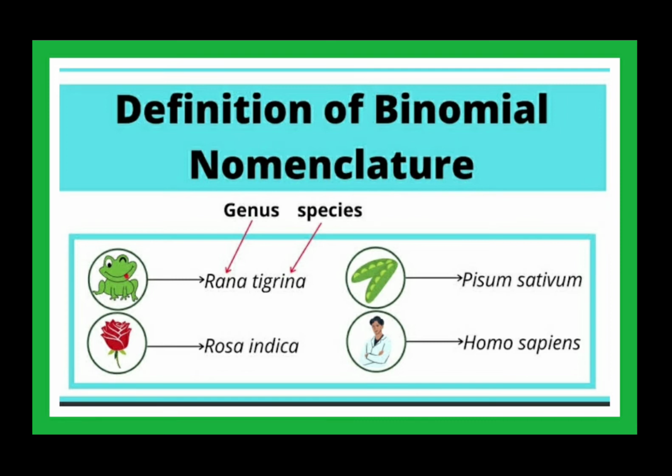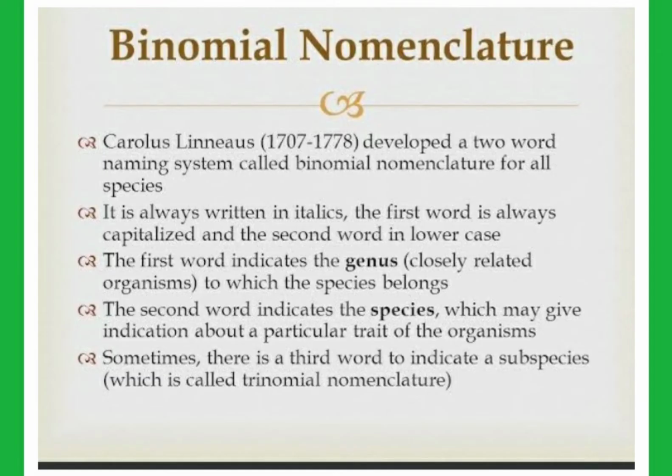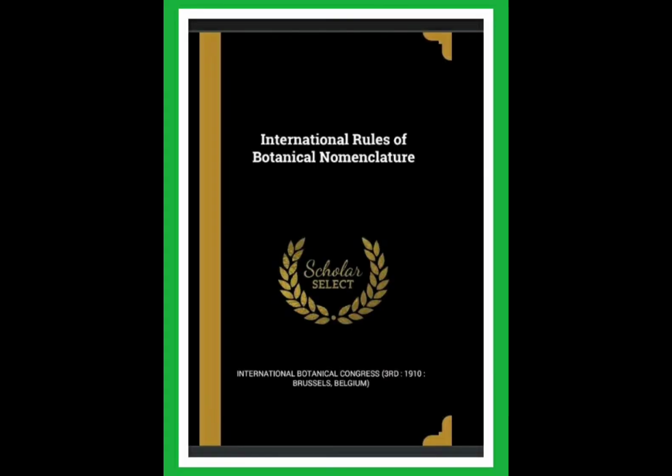In biological nomenclature, the scientific names are derived from the Latin language, which is a dead language, and when we are printing it, you have to print it in italics to denote the Latin origin. And if you are writing by hand, you have to underline separately for the genus word and one more underline for the species word. If we have to mention the author's name after the specific epithet, we can write the author's name in an abbreviated form in bold letters.